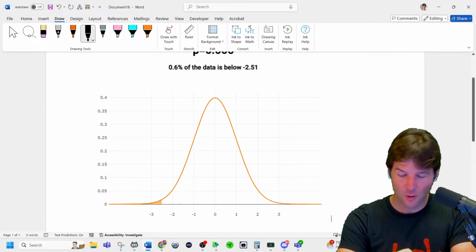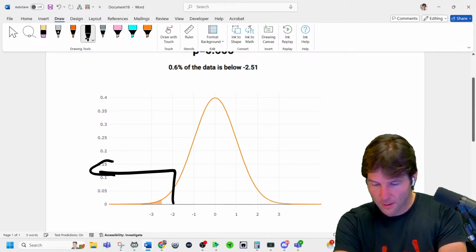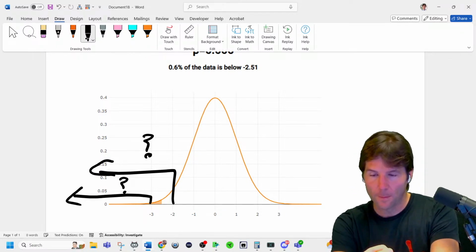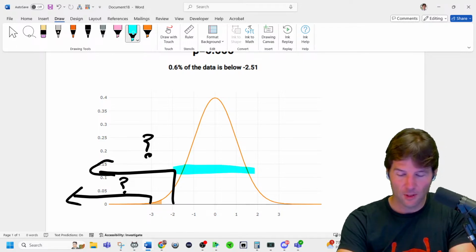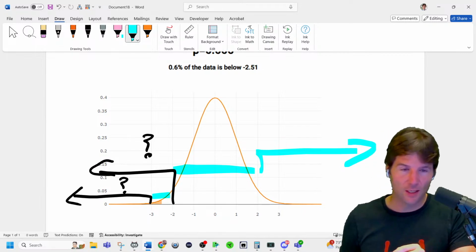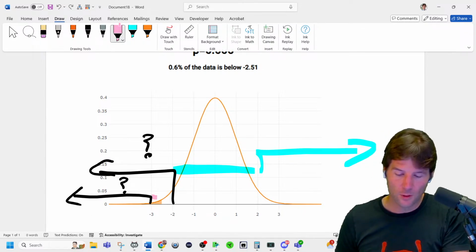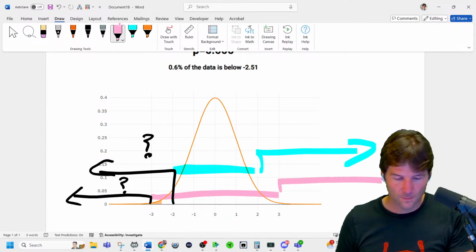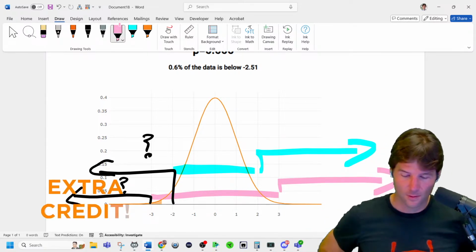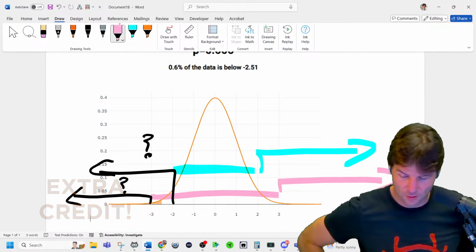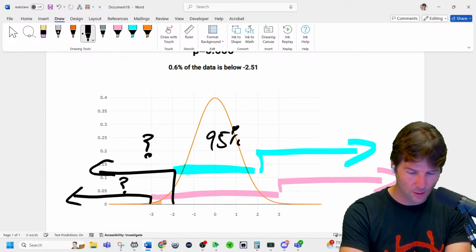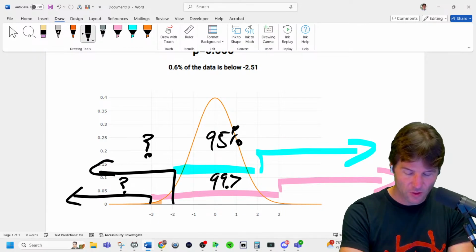This area has to be somewhere between what area and what area? So use the empirical rule. And this area has to be between how much area and how much area? So we're pretending that this is a test question now, and what you would need to know is the empirical rule. That's right. Great answers. That is exactly right, because using the empirical rule, 95% right here and 99.7%, meaning this